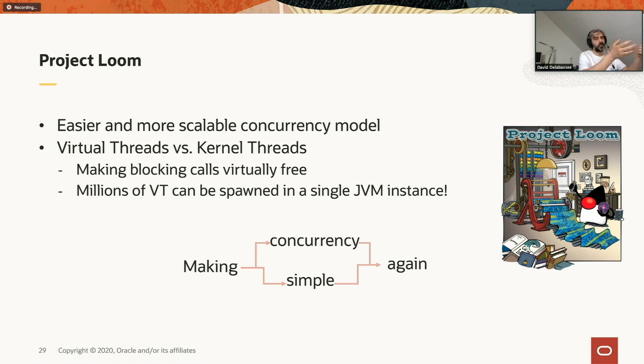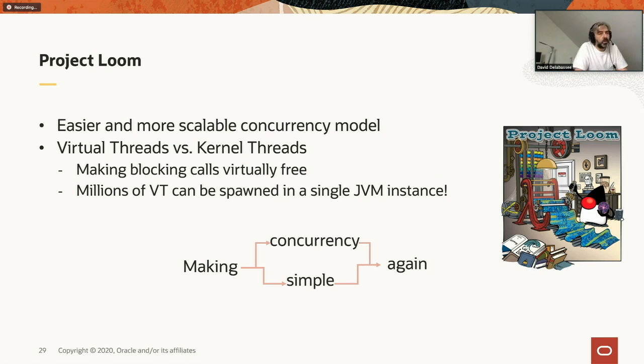Typically, if you try to debug a reactive application, you see that you have an issue here, but in fact, the issue is not really happening in that region of the application, but somewhere else. It's very difficult to correlate an issue with where it happened within the flow of the code. But still, if you want to scale, if you want efficient resource use, you need to go toward that approach. So Project Loom is basically trying to solve that by making concurrency simple again.